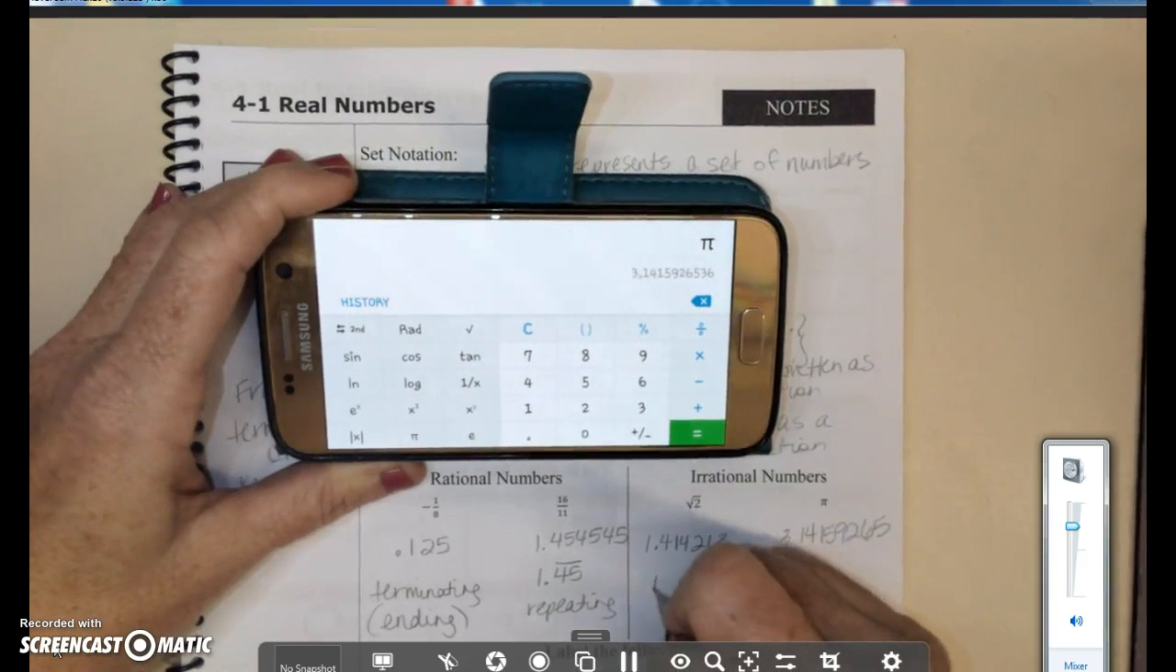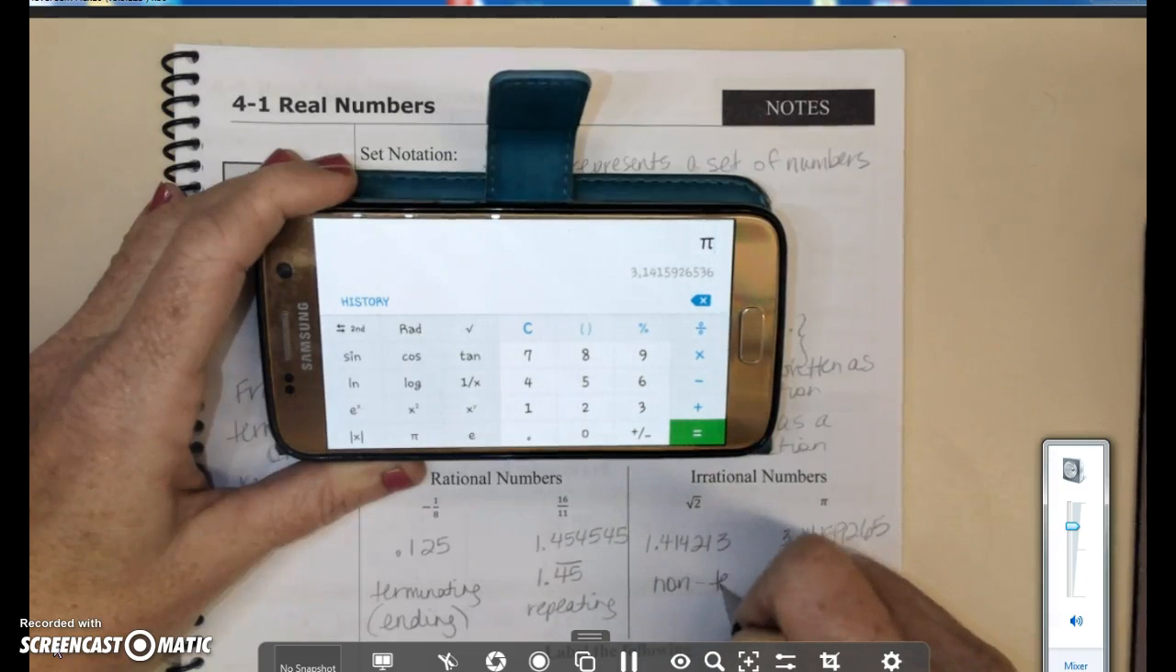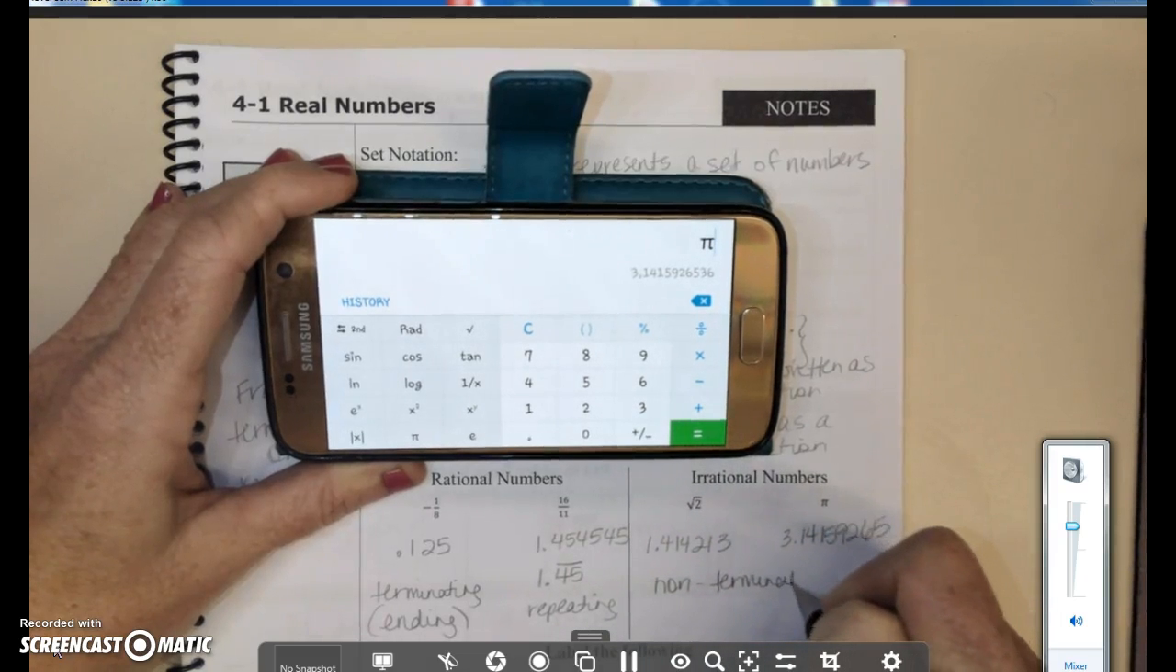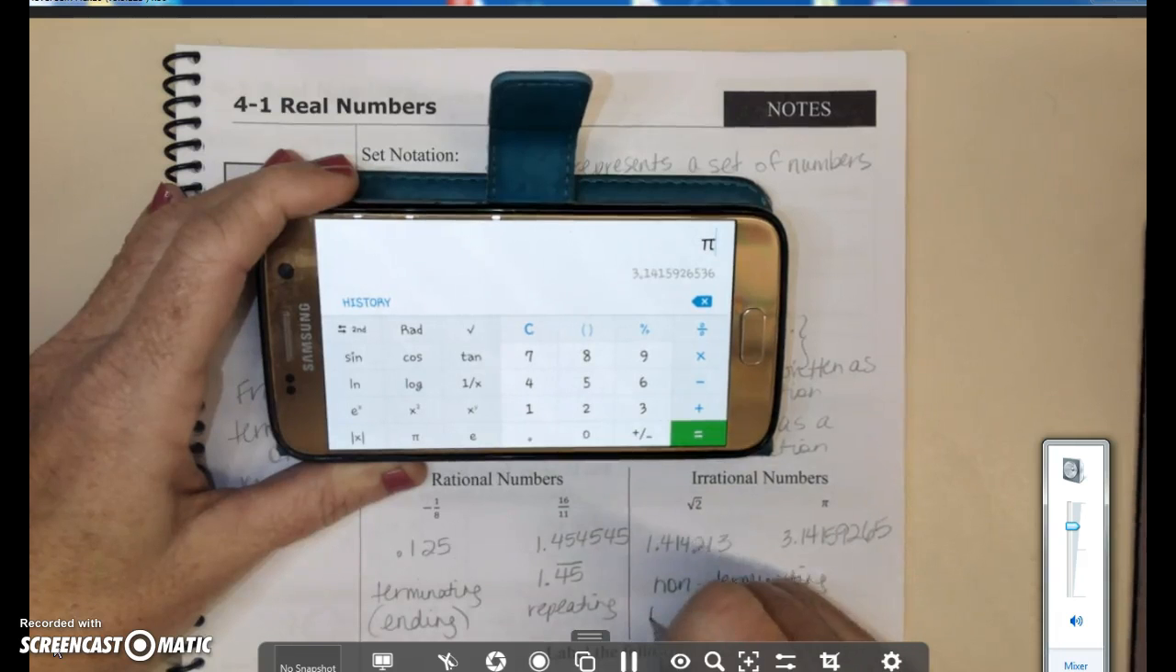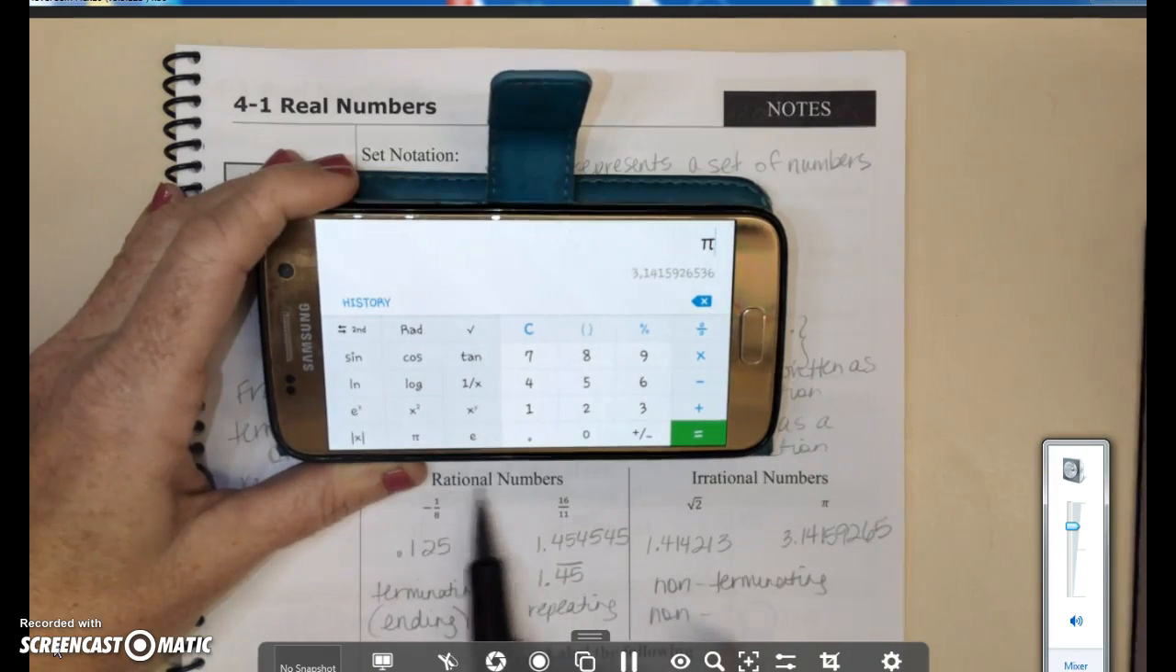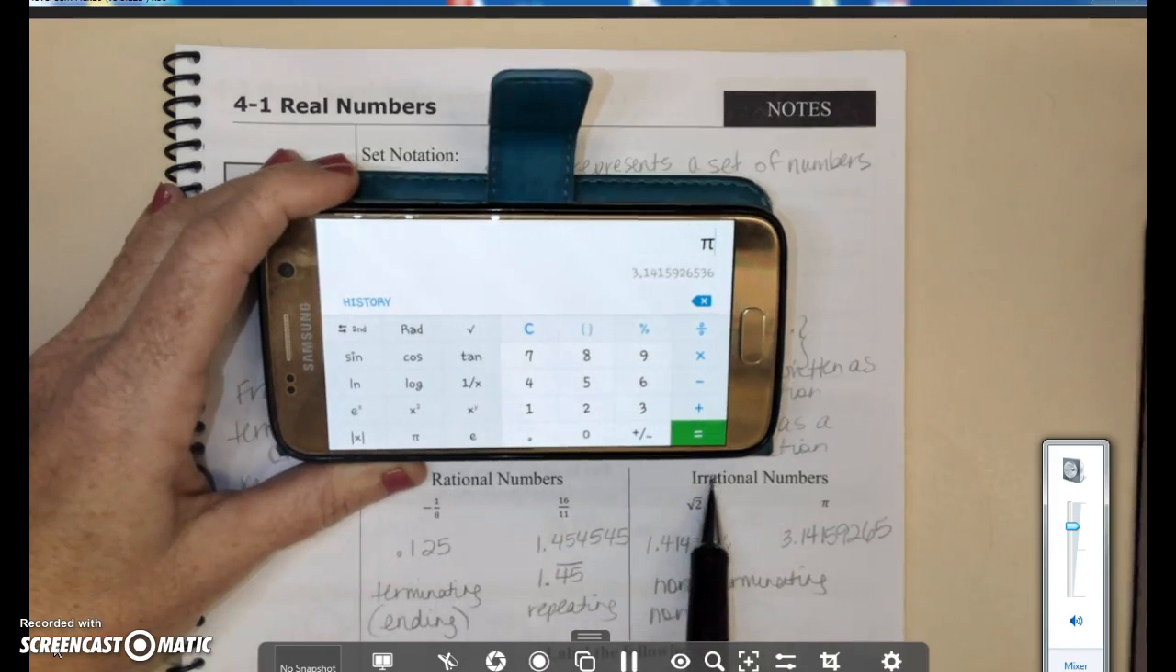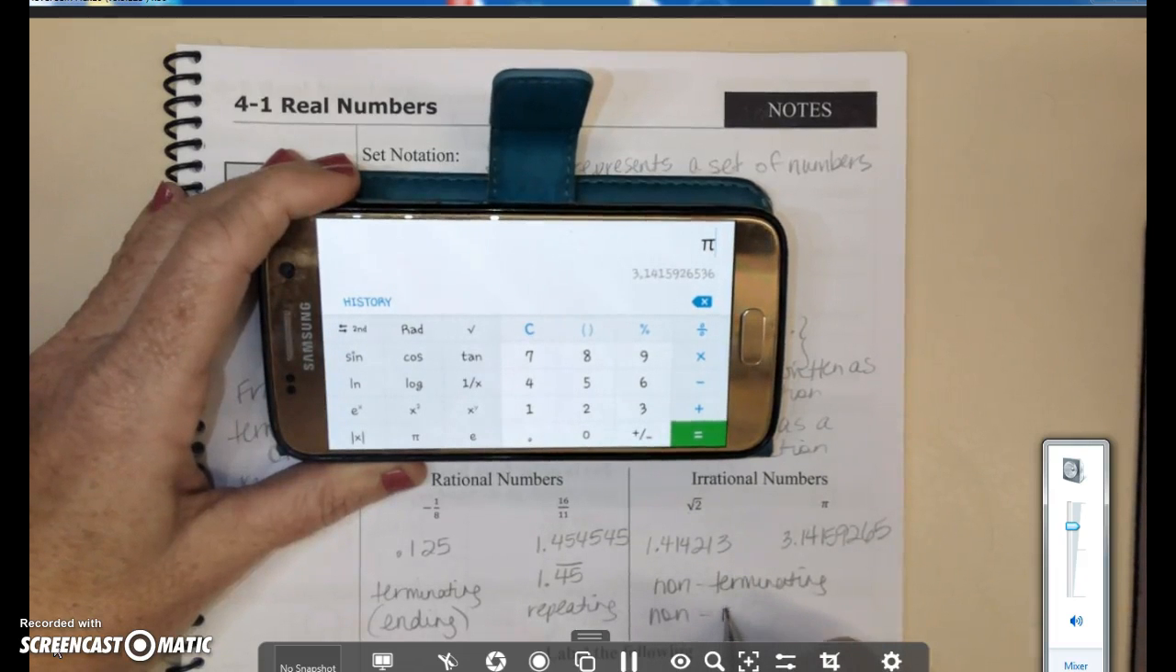So those are non-terminating and non-repeating. So that's what makes them irrational. Think about it, they're not predictable, right? If somebody's a rational person, you can pretty much predict their behavior. You can predict the behavior of a rational number. You cannot predict the numbers that are going to come to the right of the decimal in an irrational number, okay? All right, so let's look at these numbers down below and see if we can classify